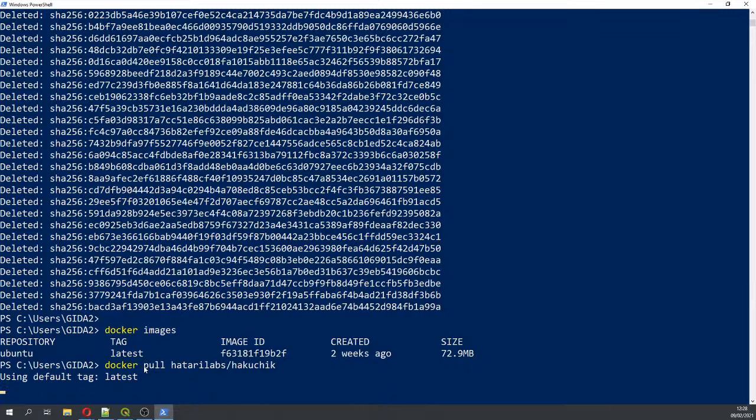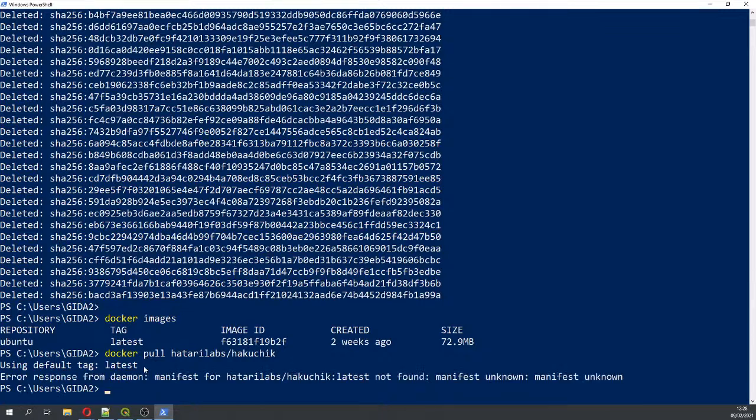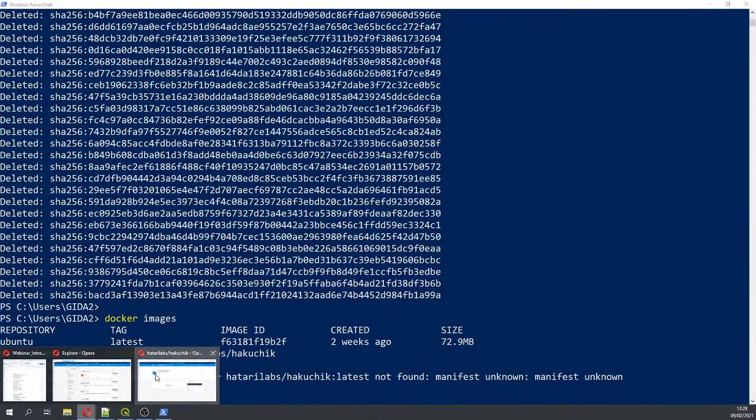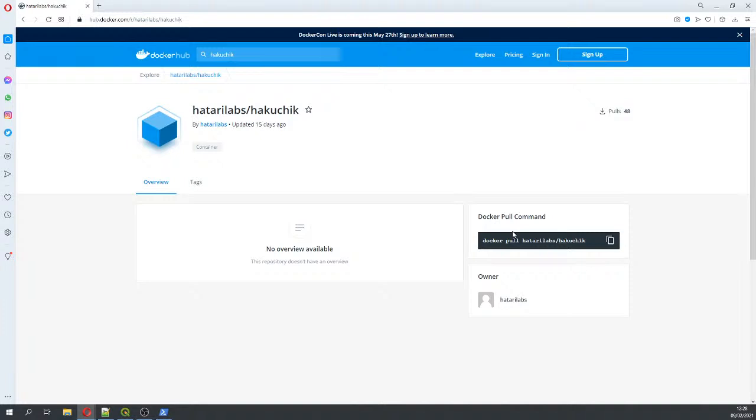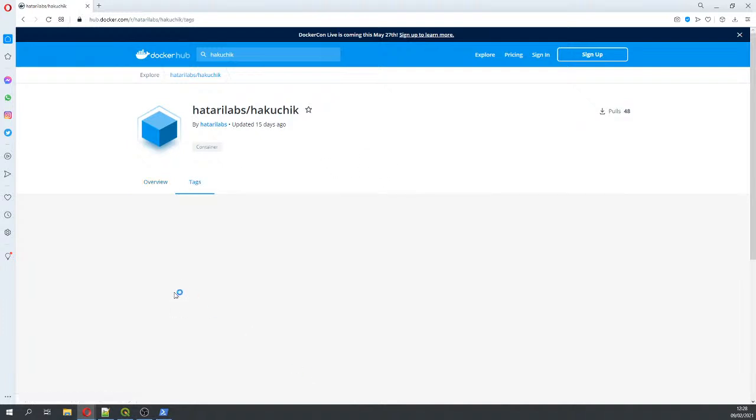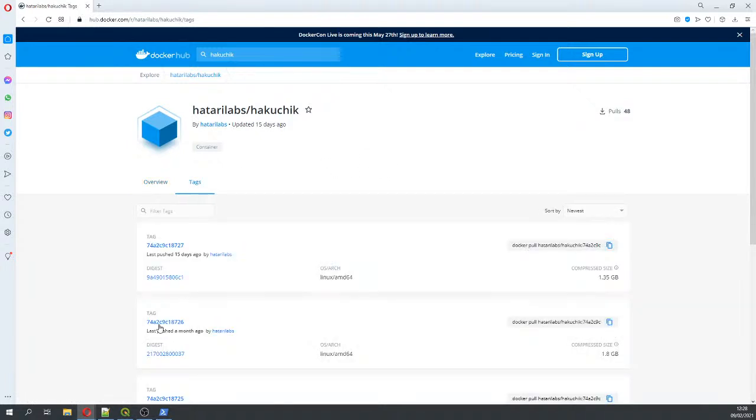Okay, and it has a problem. What problem does it have? If I pull this way, that is actually the same, but here it doesn't work because the tag is required. And why is the tag required? Because the tag is kind of the version of the image. So you can pull an image from 2 months ago, from yesterday, and so on. So I have to